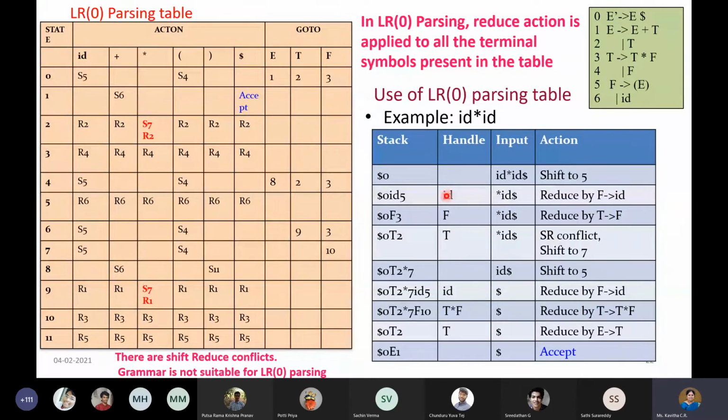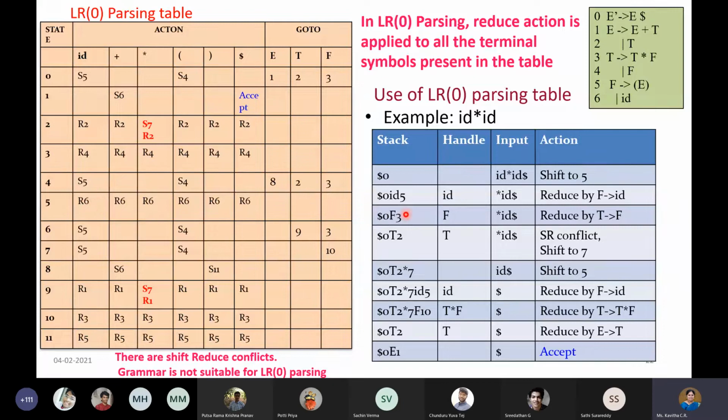Now at this stage, because I have a handle to reduce, we can perform reduce. Reduce by what rule? F gives ID. Or you can very well see from the table. At 5 on ID, what are we doing? We have to perform R6. R6 is what? F gives ID is R6. So we are going to reduce by that rule. Now you listen carefully, we are going to decide first what is the rule to be used, and already we have noted it here in the table.